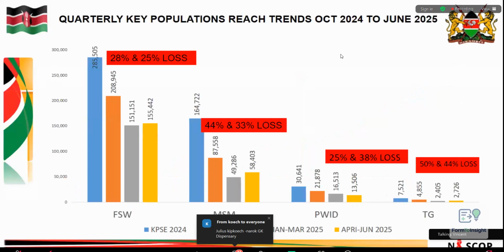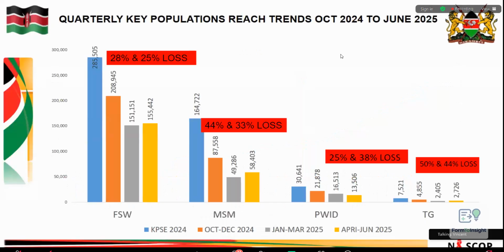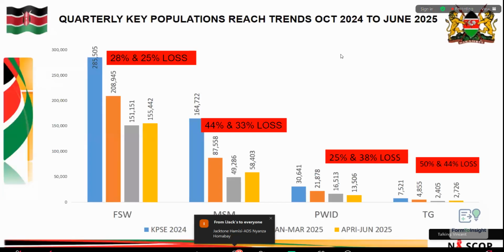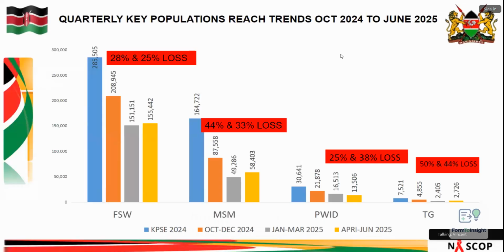As a result of those reporting rates, and as a result of disruption in funding, if you run trends, looking at the quarter ending December 2024, the quarter ending March 2025, and the quarter ending June 2025, you see that out of an estimated population of FSWs of around 285,000,